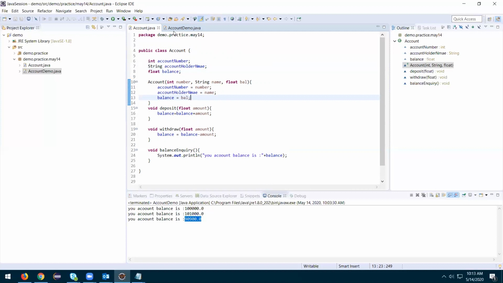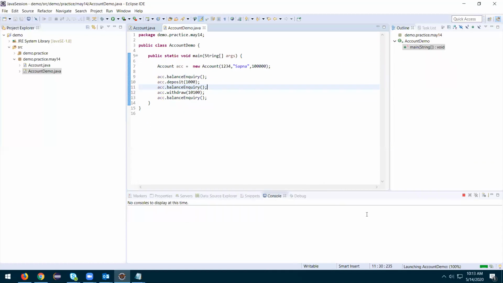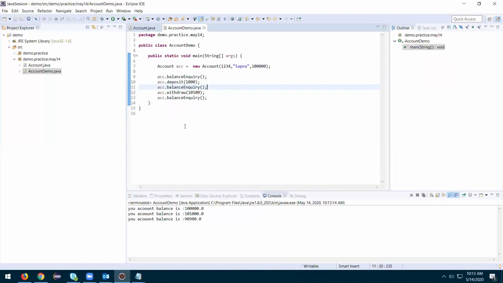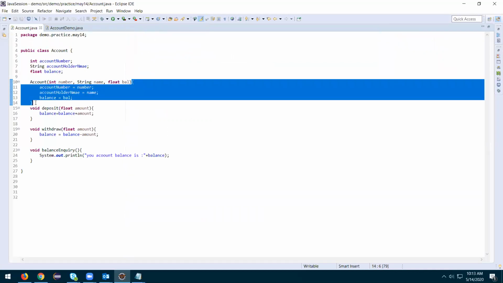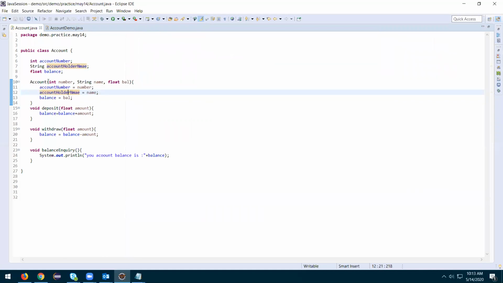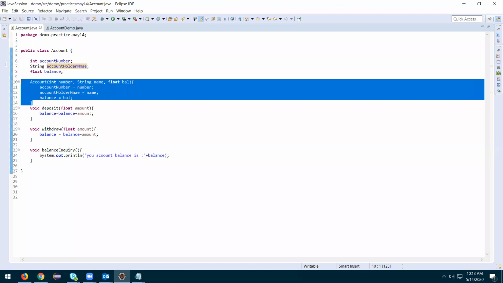So now if I run this, we got the output. So what did we do in this demo? We basically combined object creation and initialization in a single line. In the object creation itself, we can initialize the object using a constructor. A constructor is something which looks like a function, which can accept some arguments and initialize the properties of an object. Guys, you understood?